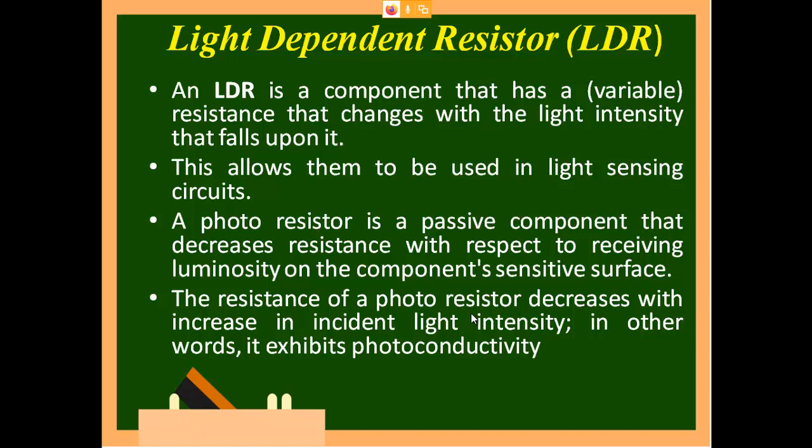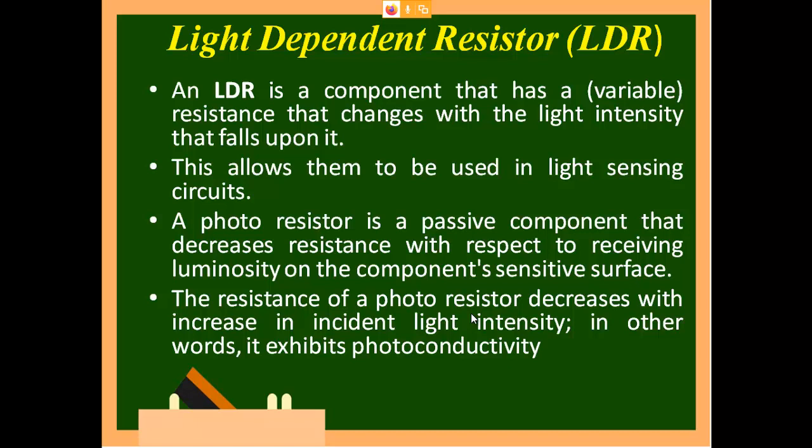If you want even your street lights to be operated based upon the light of the sun, you can set that, so that power will not be wasted. In summer the morning light will come at 5 o'clock itself, in winter it will come even at 6:30. Depending upon that, you can turn your street lights on and off. There is no requirement for a person to come and turn them on and off if you put an LDR.